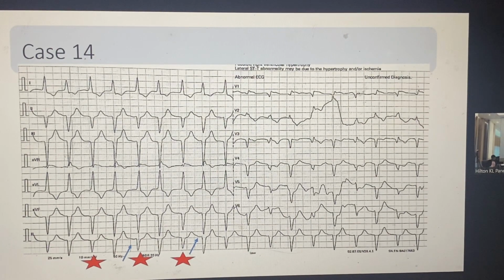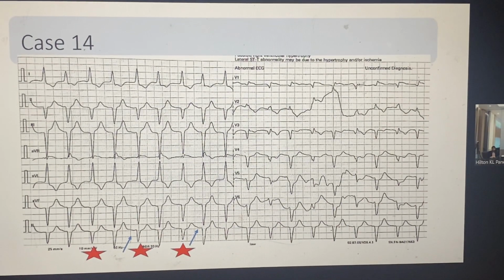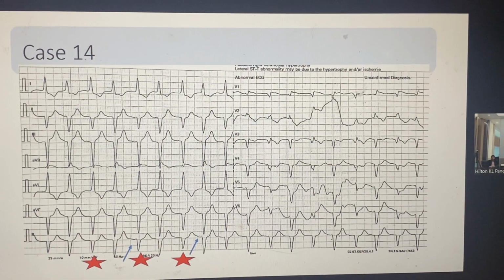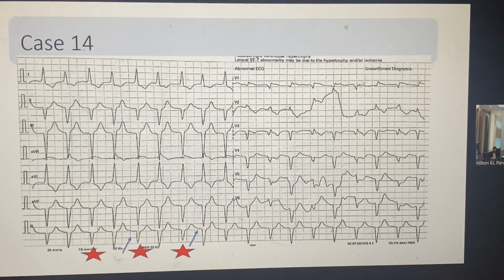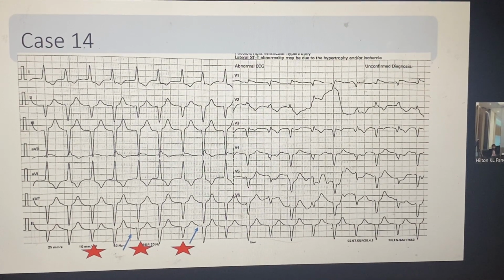Yeah, rate is important when you have a ventricular rhythm. But to me, it's relatively slow for VT actually. Yeah, very slow. Yeah, you can have scar VT, that. But